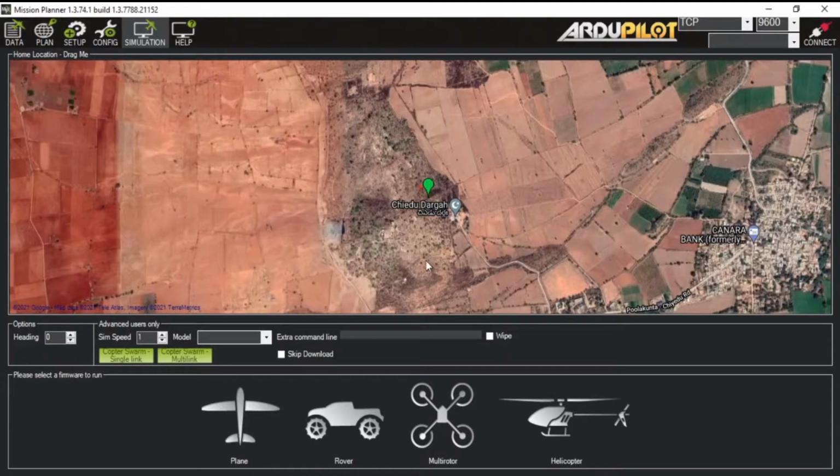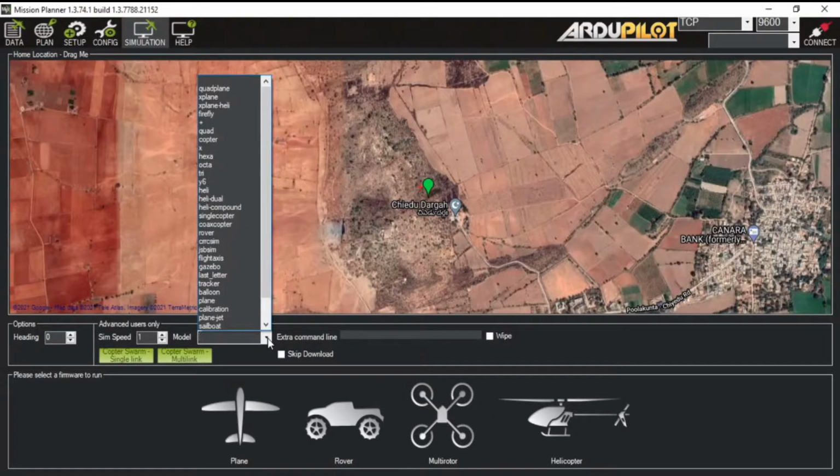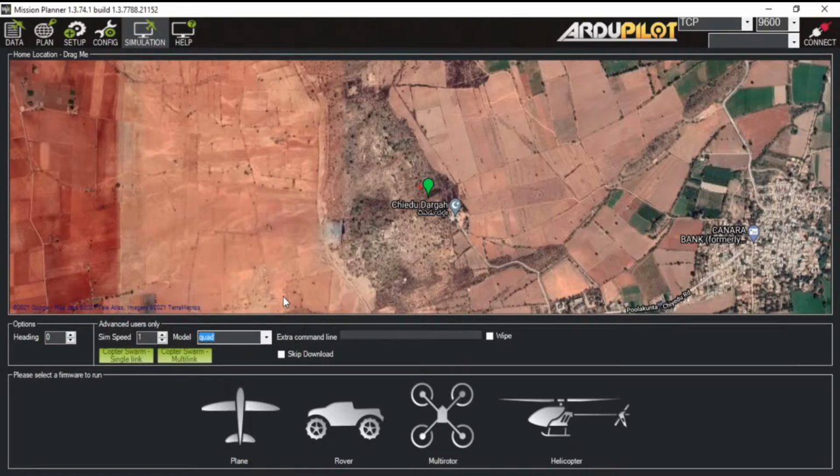To launch the CTL or start the CTL, you have to first select the model for which you want to start the CTL or for which you want to launch the CTL. So I will launch the CTL for quadcopter. I'll select a quad from here, and then you have to select a vehicle. And as you already know, that quadcopter comes under the multi-rotor category. So to launch it, you have to just left click on it, but before that, just look at it here. Right now our Mission Planner hasn't connected to anything. Okay, so after we launch our CTL, it will automatically connect to our Mission Planner.